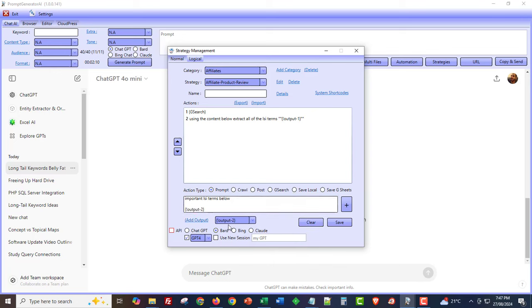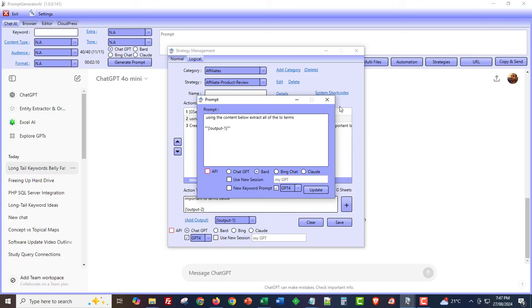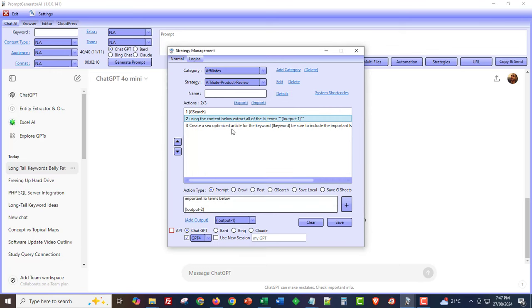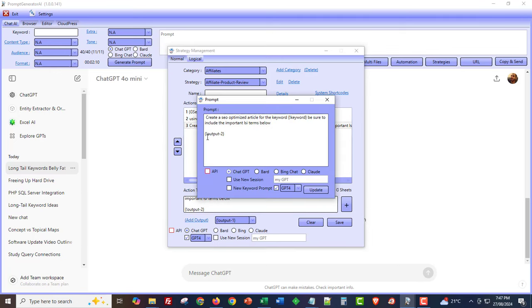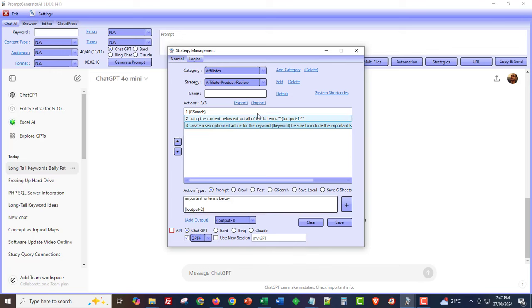Okay, and for here, I can use ChatGPT, for example. So what's happening here is we've done a Google search, we scraped the top 10 ranking sites, we sent the data over to Bard, and we told it to extract the LSI terms. We then went over to ChatGPT and we told it to create an article for our keyword. You make sure they're using the LSI terms, and then we could go ahead and do another prompt, but this time we'll use Bing. We'll say, create a